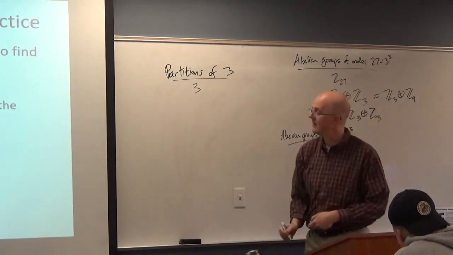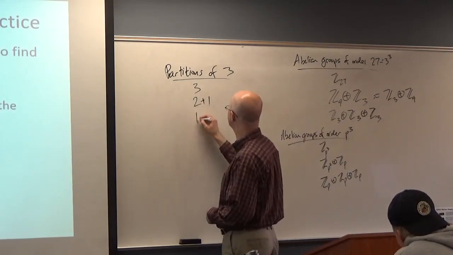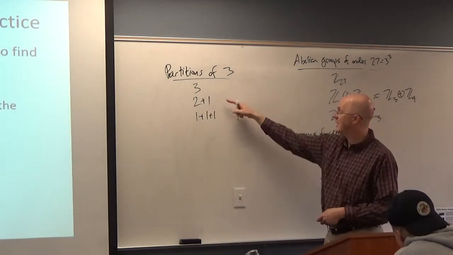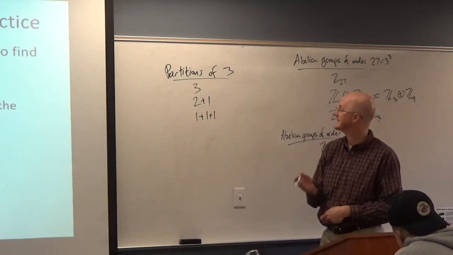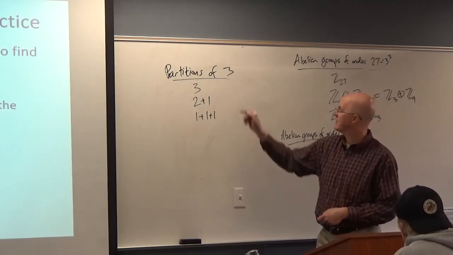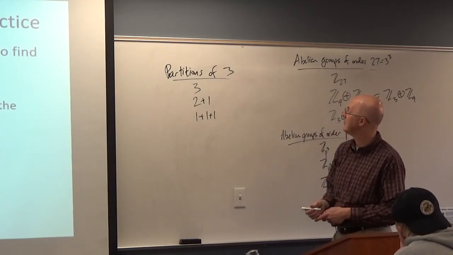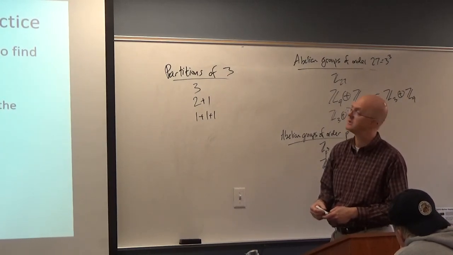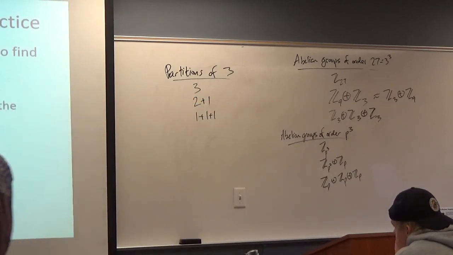A sum of one positive integer. You could write it as 2 plus 1. You could write it as 1 plus 1 plus 1. Of course, you can also write it as 1 plus 2, but because of commutativity, we don't distinguish that as a distinct partition. So there are 3 ways of partitioning 3, writing it as a sum of positive integers, where the order is unimportant. There are 3 partitions of 3, corresponding to the fact that